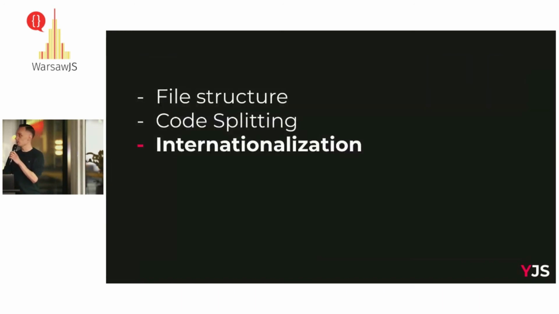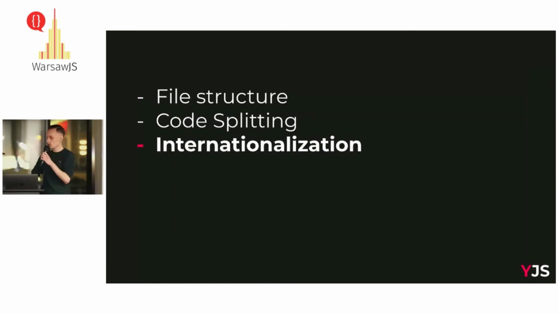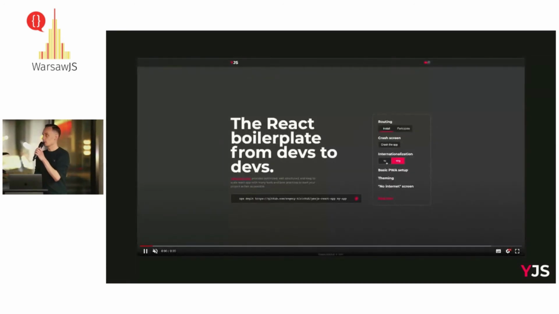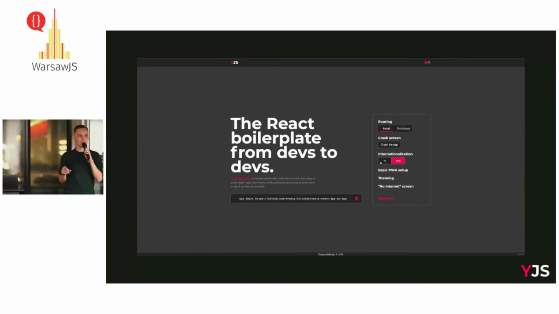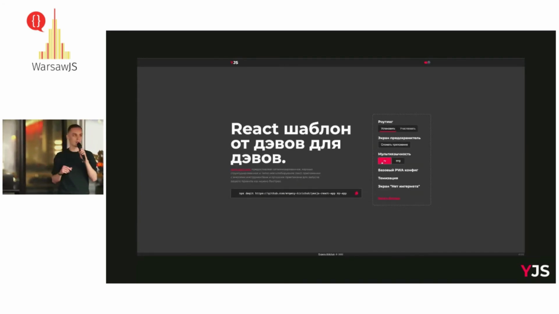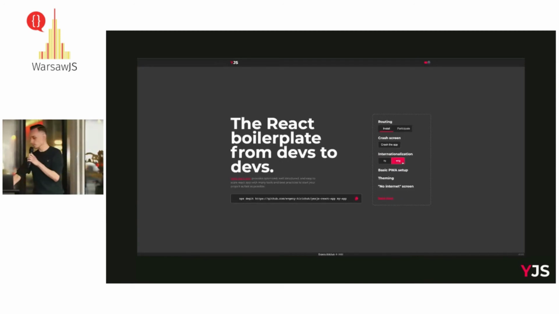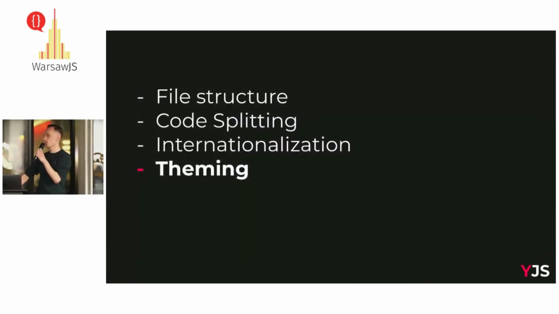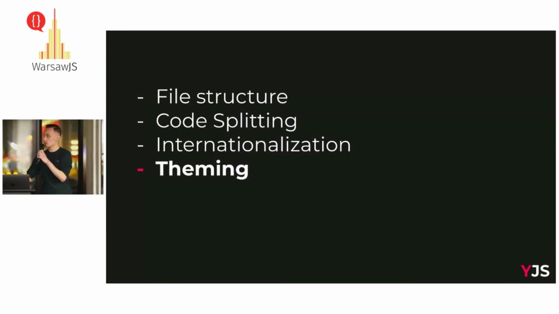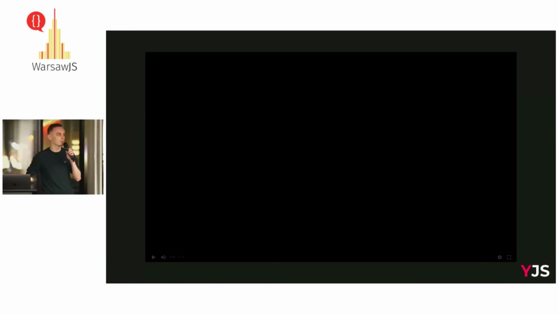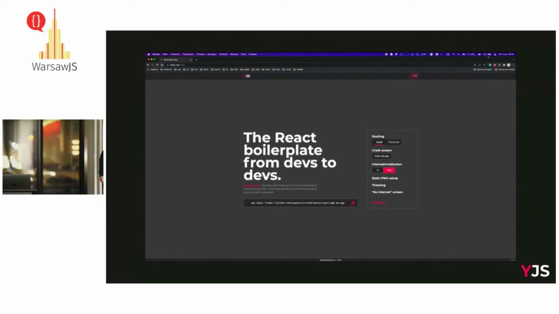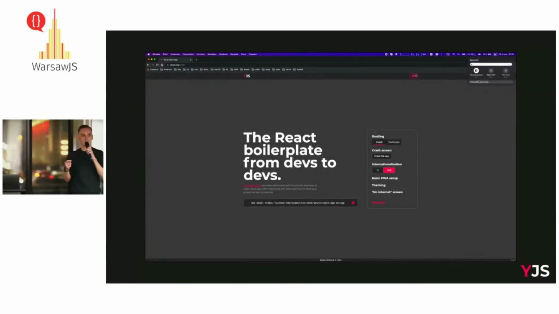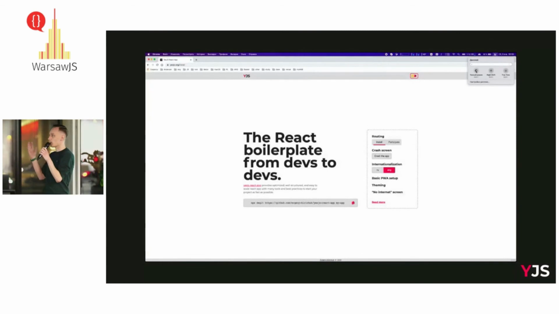The third point is internationalization. I use the i18n package that gives us a few benefits. There are no hard-coded strings in the layout, and we can automatically show the application in the user's browser language. The fourth point is a theme. I used React context and common dark and light selectors, which are concatenated depending on the selected theme. And the theme provider implements automatic color scheme switching according to the color scheme in the browser.